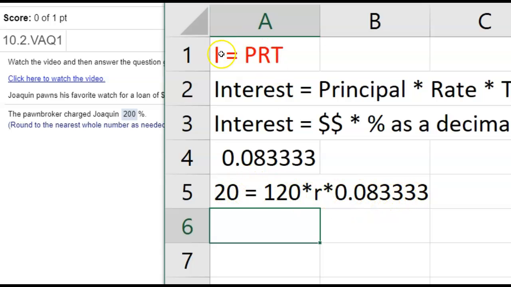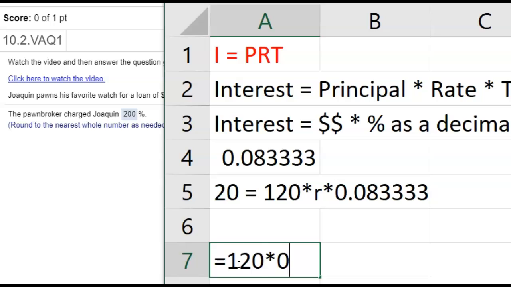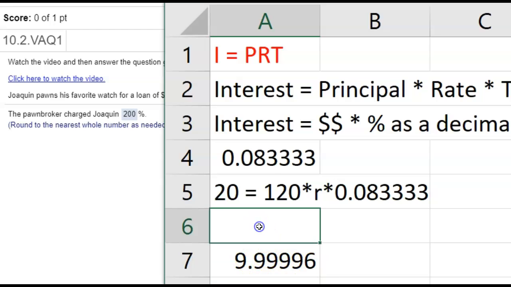This is our formula. We have 3 of the 4 pieces. We can use algebra to solve for the missing value, which is the interest rate R. I'm going to do the 120 times our decimal here. So let me do that. 120 times 0.08, and I want to keep a lot of decimals here so I have some accuracy and I'm not overly rounding my result until the very end. So bringing down my equation here, I have 20 is equal to, and on the right side I've done that multiplication, and it's 9.6, with all those 9's,